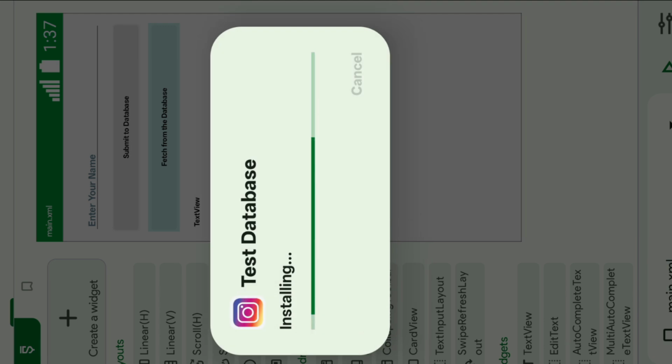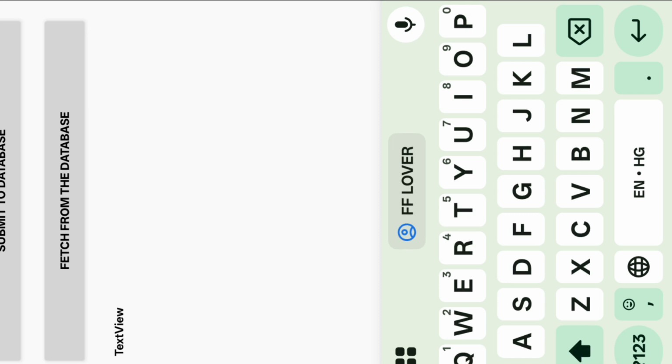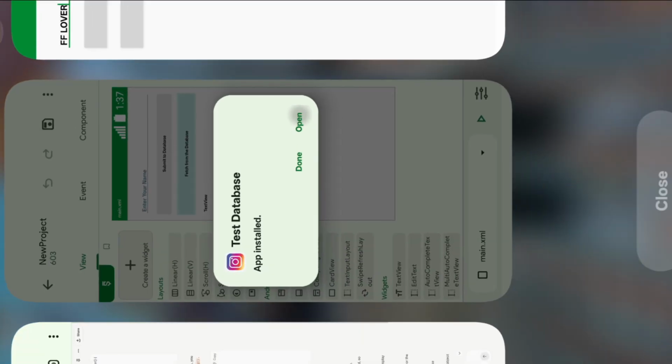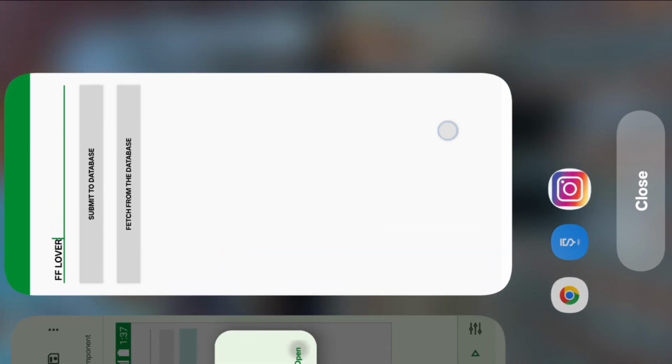Now install the application, open it, add any name and click the submit button, and click on fetch from the database. But the name is not fetched from the database.